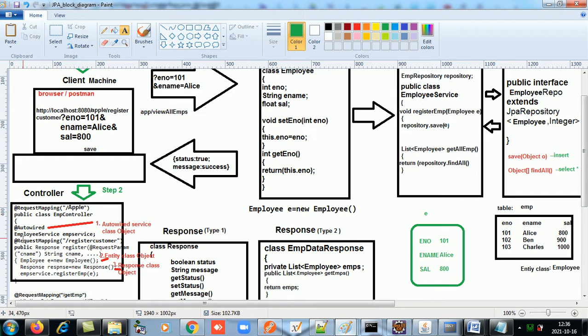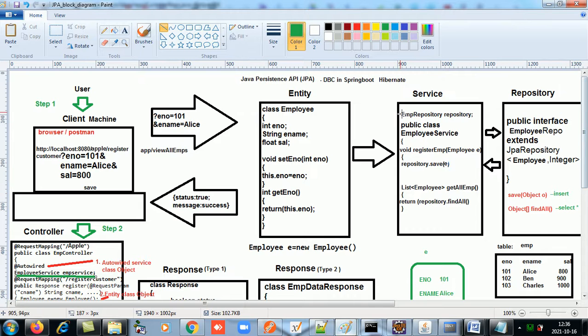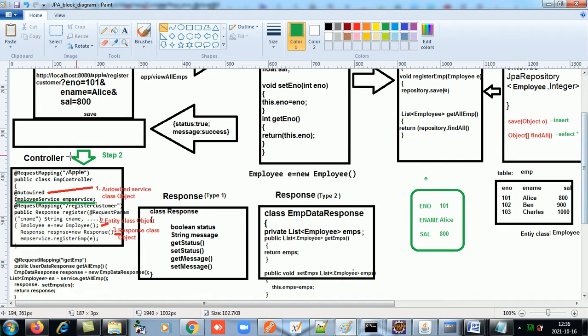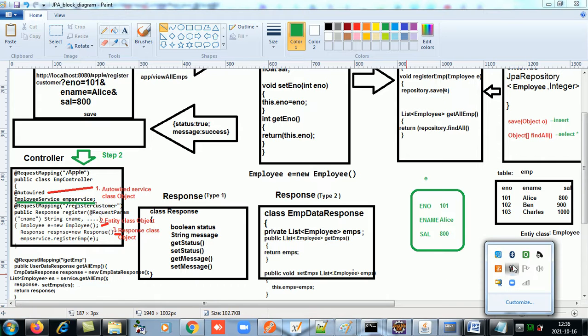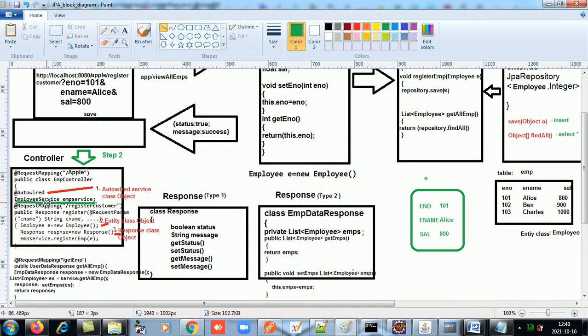If you see in the controller, we have made an autowired object of which class? Of the service class, employee service. This is that employee service, and we have autowired it. So this object has been created by autowire. So in the controller class, make an autowired object of the employee service.